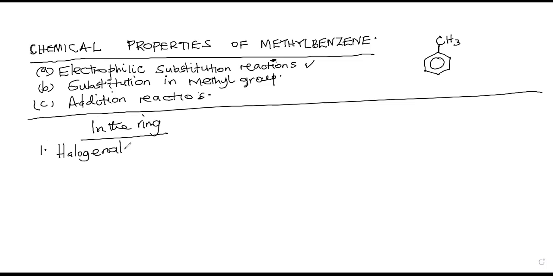Now, as I've told you, this mechanism that we shall carry out is a general mechanism that will represent the rest of the reactions that would have taken place in the same ring. The reactions are not different from those of benzene, only that here we shall be forming a mixture of products. We shall be forming 2 isomeric products, that is the ortho product and the para product. So for example, for the case of halogenation, we shall be having methylbenzene,